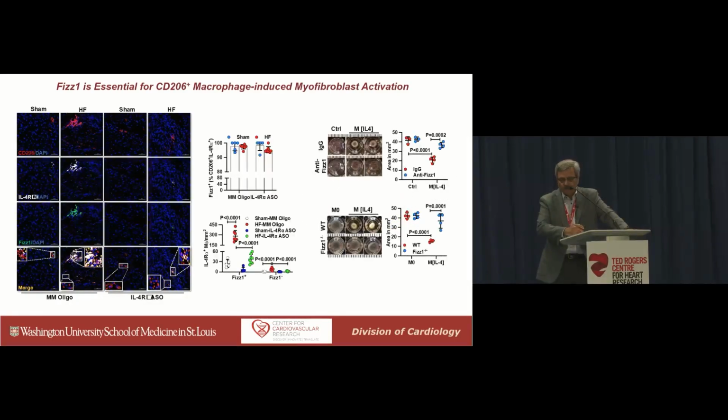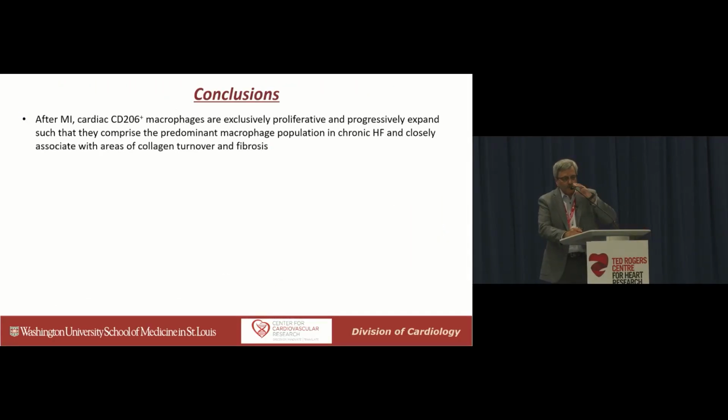So we went back to our collagen gel contracting assay and redid it with IL-4 polarized conditioned medium, but here we blocked Fizz1 with two approaches, one with an anti-Fizz1 antibody and the other using Fizz1 knockout bone marrow-derived macrophages. And we found that the myofibroblastic activation was abrogated if we blocked this secreted protein that was so markedly upregulated by IL-4 polarization. So the conclusion is that after MI and ischemic cardiomyopathy, CD206 positive macrophages are proliferative, progressively